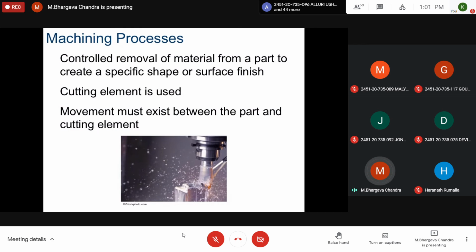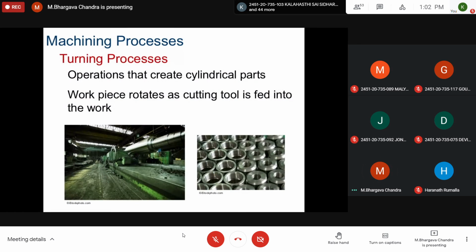So there will be a relative motion during the contact, and this will result in the removal of the material from the raw material. Now the thing is here, the tool material should be stronger, harder than the raw material of the product. Okay, otherwise machining will not happen. The tool itself gets eroded. The idea here is to erode or remove the material of the product or the component.